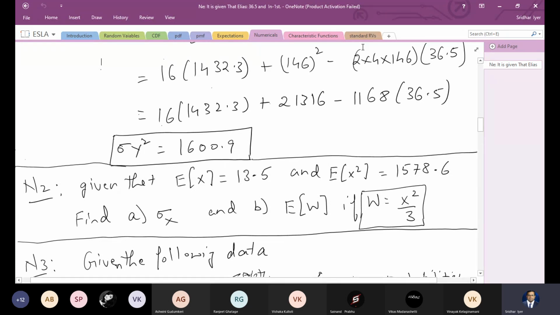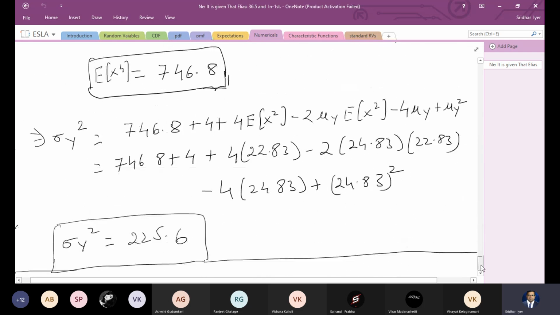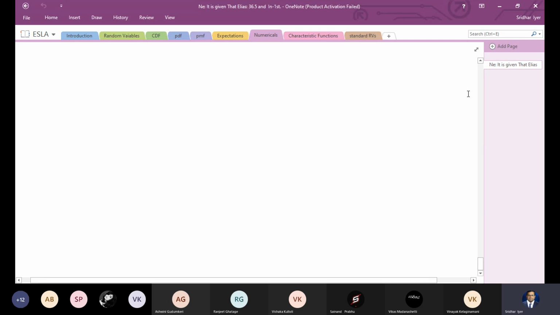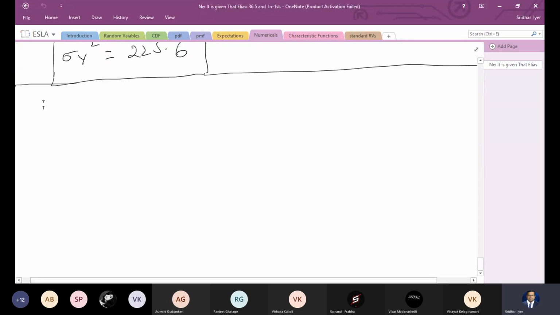I'm just going to write the important points of the numerical. Let me just solve this here. This is N2, so I'll just take this space and solve that numerical. I'll rewrite the important points. I'm not repeating the question. I hope you have it with you. So we are given mu x, which